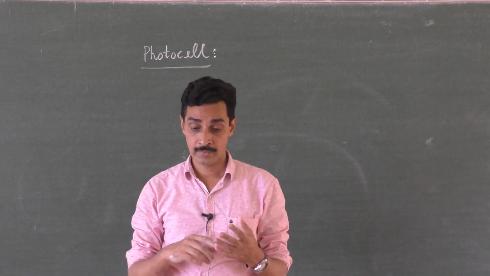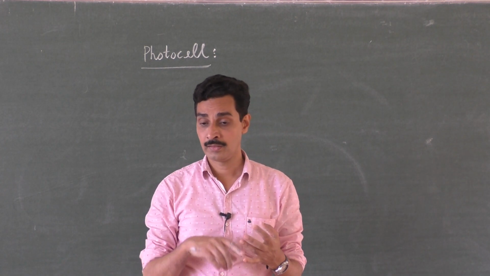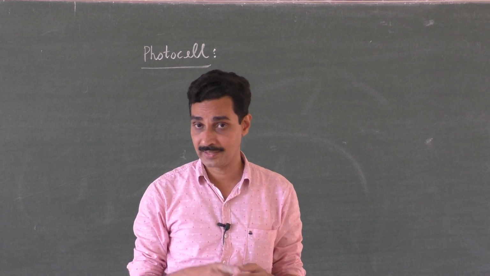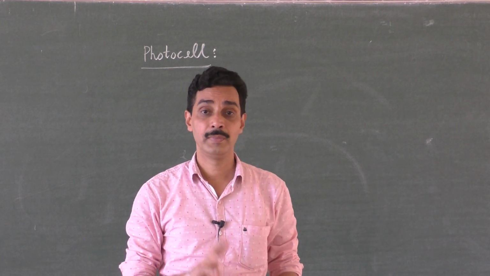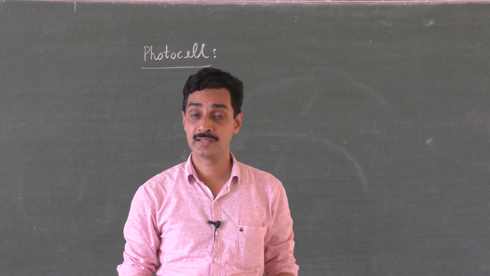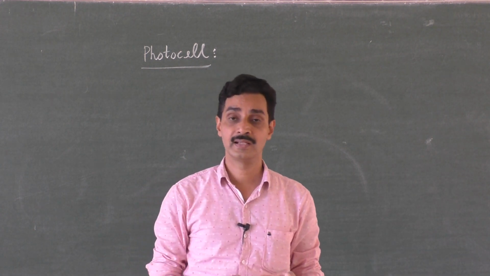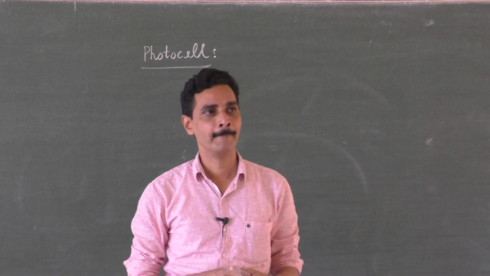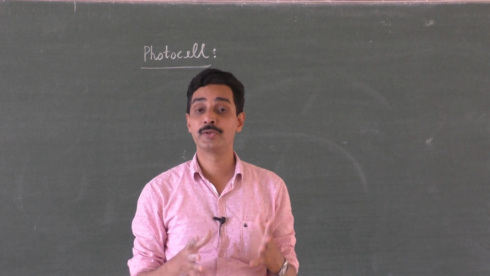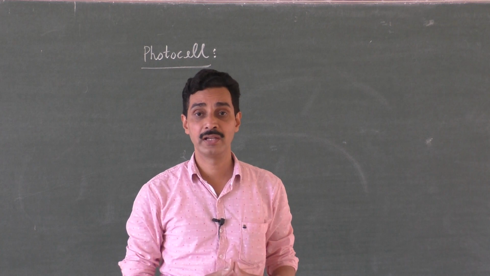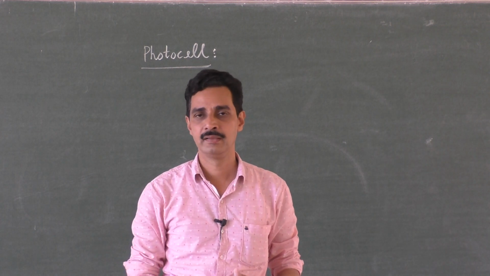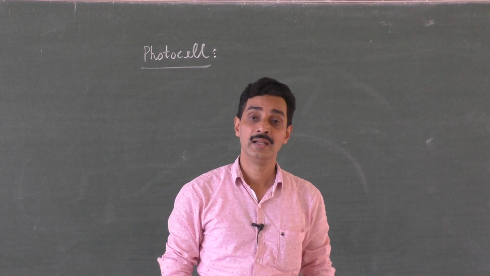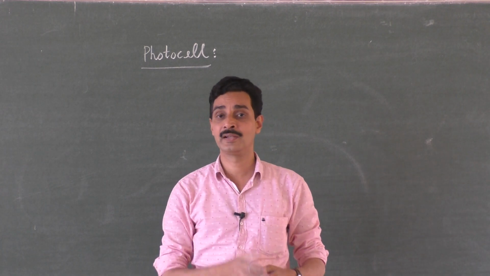You see, in the LED, in the photodiode, in the Zener diode, in order to bias its junction, you need an external battery, isn't it? We say the Zener diode is reverse biased. That means the P side is connected to the negative and the N side is connected to the positive of the battery. So we had a battery. Next, the optoelectronic device, that is the photodiode. In the photodiode we had a battery, reverse biased once again. In the LED we had a battery, forward biased. The photocell itself is a battery. There is nothing to show as another battery to bias it.